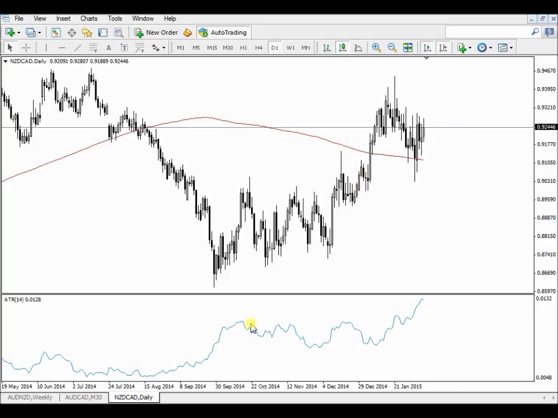The average true range tells you that on average, this market at the moment moves 128 pips per day. Here at the bottom it was much lower. There was an average true range of 58 pips. So times 2 is 116. When you're in this market, buying or selling, your stop should be 2 times 58, 116 pips. So that's the average true range indicator. That is for longer term traders.